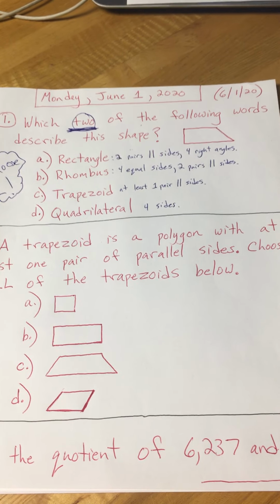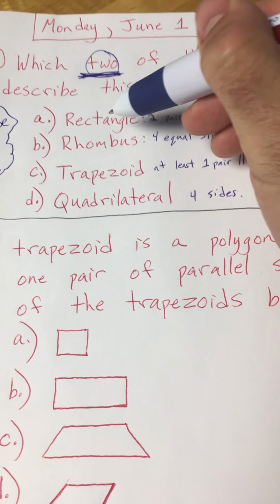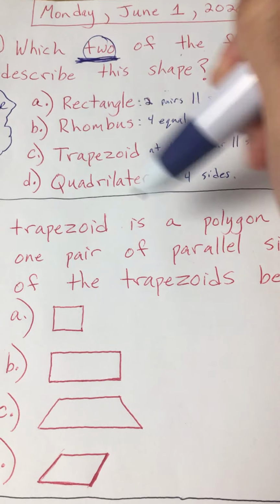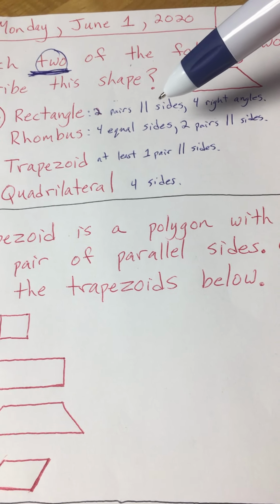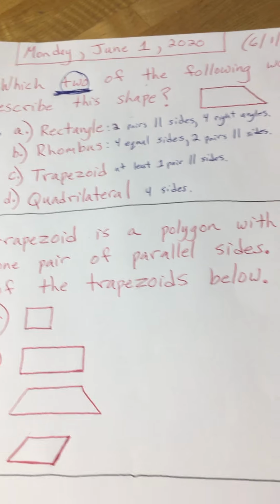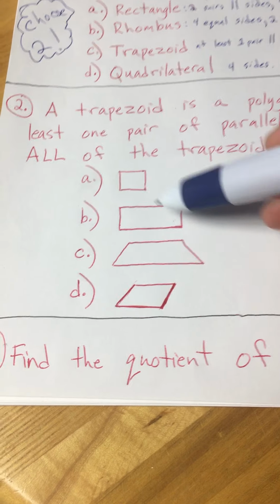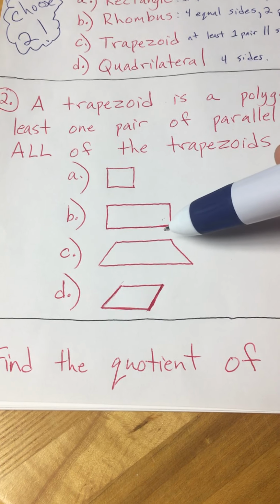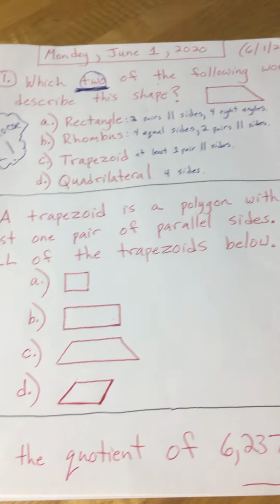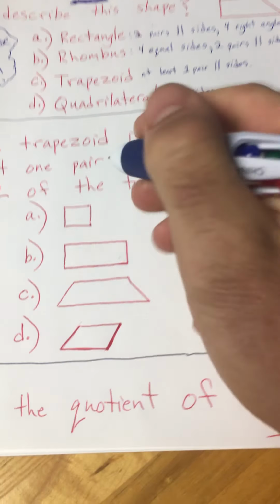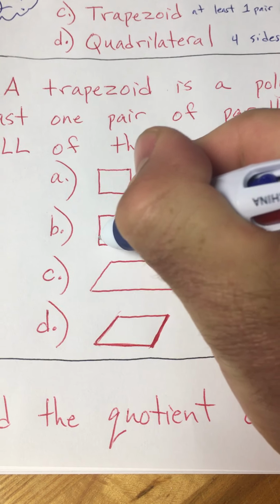Which two of the following words describe this shape? So it says A, rectangle, B, rhombus, C, trapezoid, or D, quadrilateral. So I put the definitions here. A rectangle has two pairs of parallel sides and four right angles. Okay, most of us know what a rectangle is. It looks like this one. Two pairs of parallel sides. That one's parallel, that pair. And this pair is parallel also. So it has two pairs of parallel sides, and four right angles means that these angles are perfect